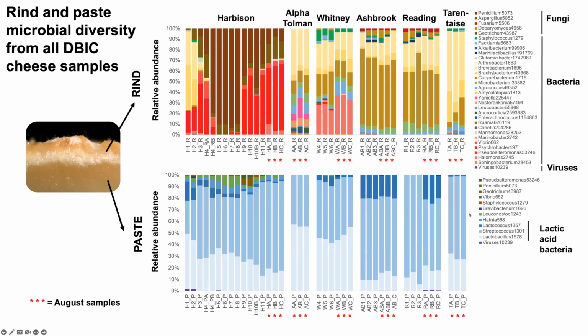Okay, so take-home message here is that there's a lot more diversity at the genus level in the rinds of the cheeses that we studied compared to the paste. This could be important when you're thinking about managing these products, where you might be getting variation. It could be potentially variation in the rind. This sort of makes sense. The rind is the part of the cheese that's open and exposed to the aging environment. And while it can be inoculated with particular cultures and managed, this is where things can come and go in the aging environment. New microbes can come in, or microbes can go extinct over time, and you might have a